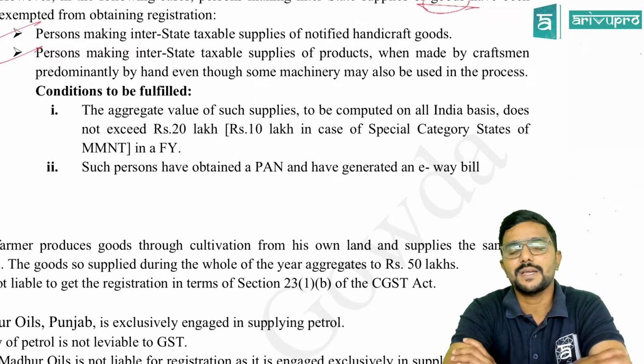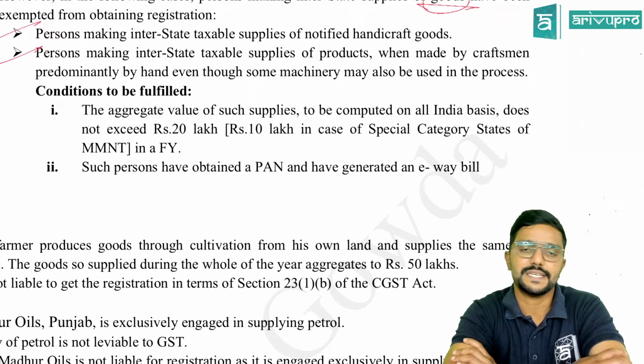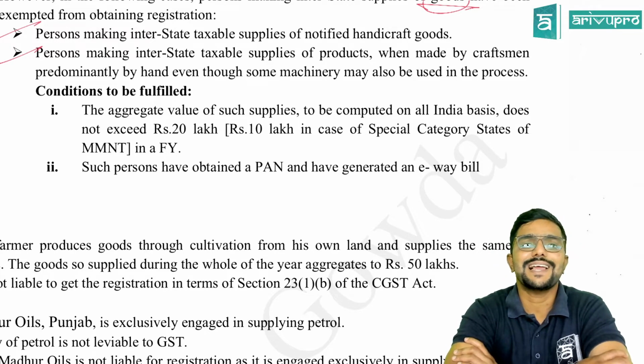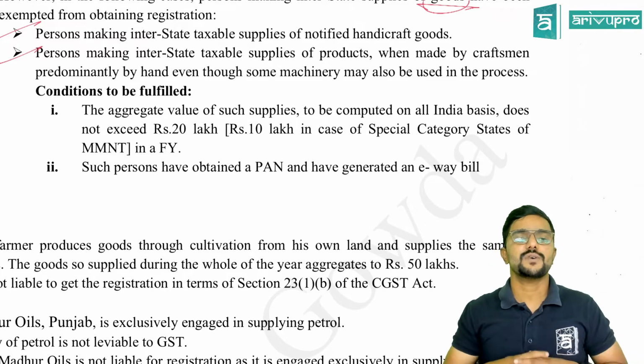Fine. So he should be having a PAN and he has generated an e-way bill for the transportation of goods from one state to another state. Then up to 20 lakh or 10 lakh, he need not get registered, guys. Clear? So if I just summarize all these points,